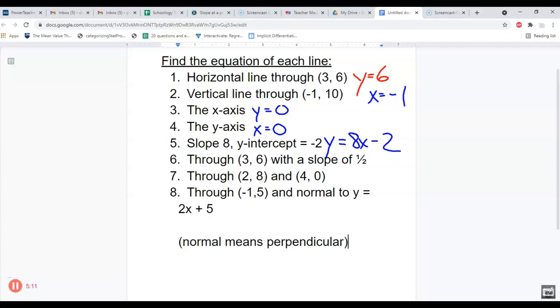But that's fine. I just want to show you a formula that I'll use a lot when we start going through this, because this is a huge thing in the AP test. It'll be like, find the equation of the tangent line at whatever, because it makes you find the derivative, and then combine that with some algebra skills and see if you can find the equation of a line. So the way I would do 6